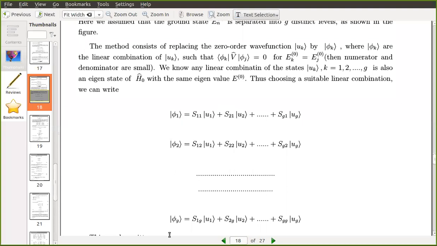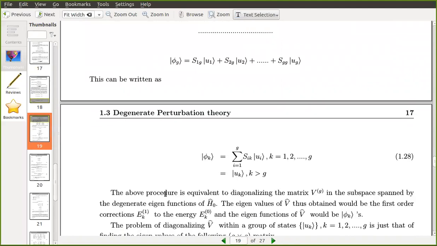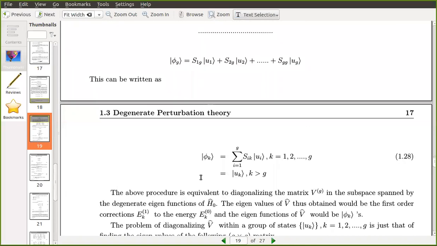Then you can find phi, then you can replace u with the phi. That is our aim. Then only the same equation we can apply. Otherwise, perturbation theory will fail because the numerator is big and the denominator is 0 or very small. That means the correction factor becomes very high. That is not appreciable, not accepted. So we are going to replace that. So that is finding s. We are doing it now.